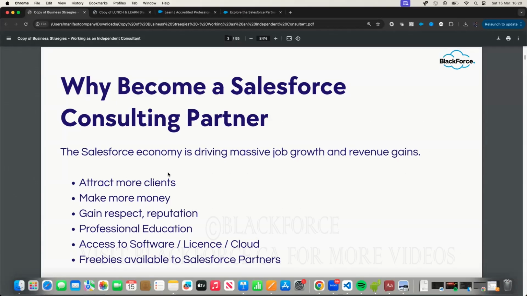But why should you become one? You can make more money. You can gain more respect. Instead of making 100 grand a year, you could potentially be making 100 grand every month. If you're interested in going along this path, it's a lot of work. It's a lot of team effort. That's the reason why sometimes we try